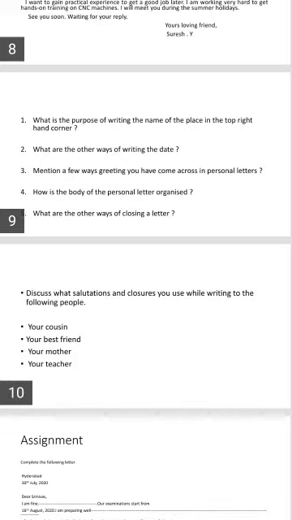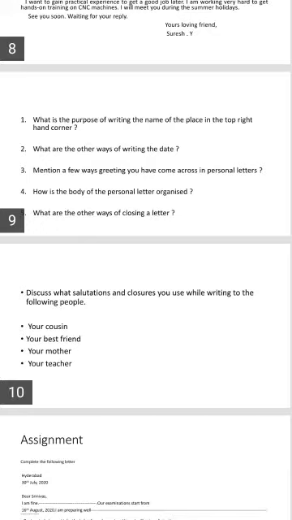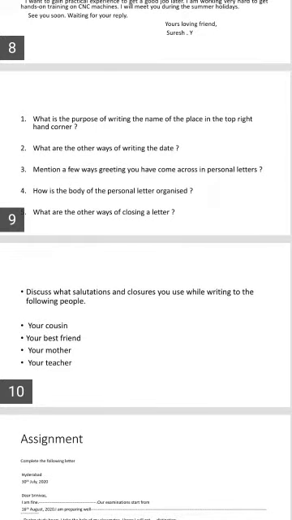Next question, what are the other ways of writing the date? The other way followed to write date is year, month, date. That is used in computer. Mention a few ways of greeting you have come across in personal letters. Some of the greetings we come across in personal letters are hi, hello, namaste, pranam, assalamu alaikum,